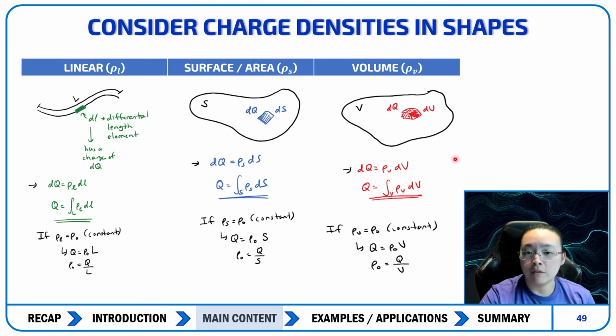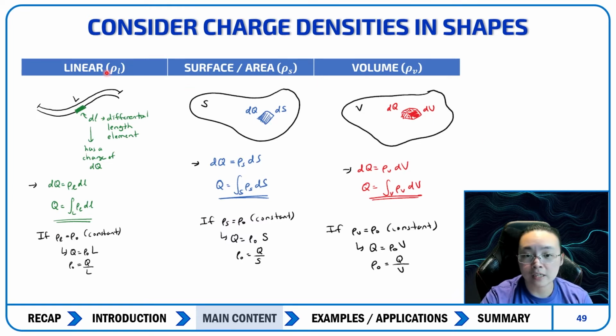Finally, you have a volume charge density, so that's rho v. If you have a dv over here, which is a small volumetric element, it will hold a small dq charge. But if you have a volume charge density, you can say that the dq is equal to rho v dv. So hopefully all three of these make sense, and they kind of follow suit with each other, where you have